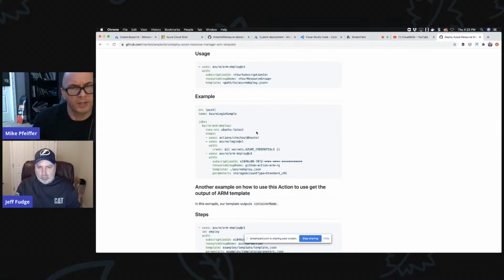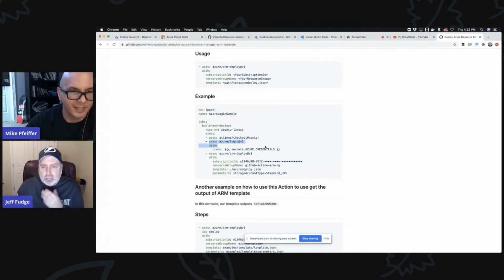So just like Azure Pipelines, GitHub Actions has hosted runners. So when you do these workflows, it could just go grab an Ubuntu machine for you. And then here's the steps. We're just going to run through these steps. It's going to use this first action to check out the code from the master branch. It's going to use the Azure login action to get you authenticated into Azure.